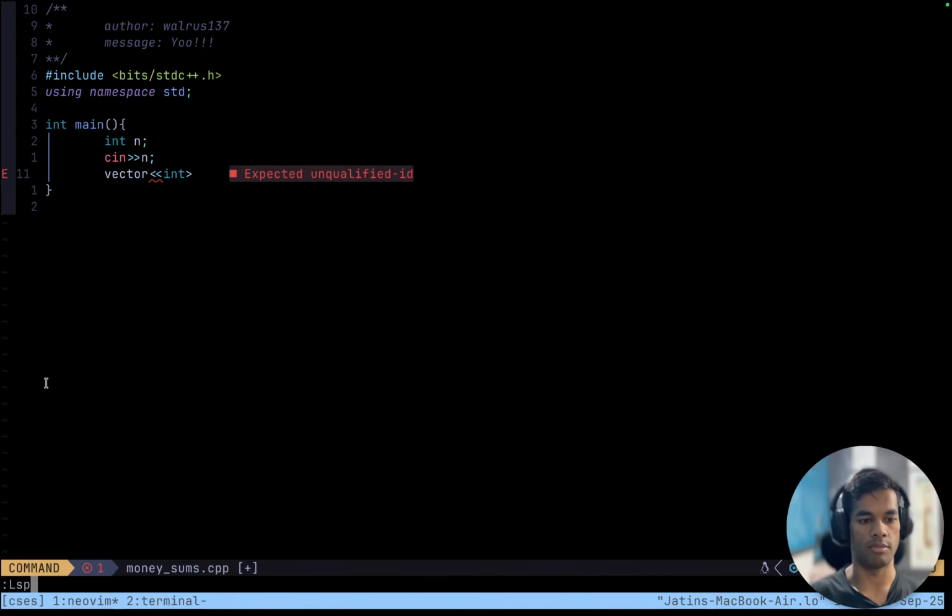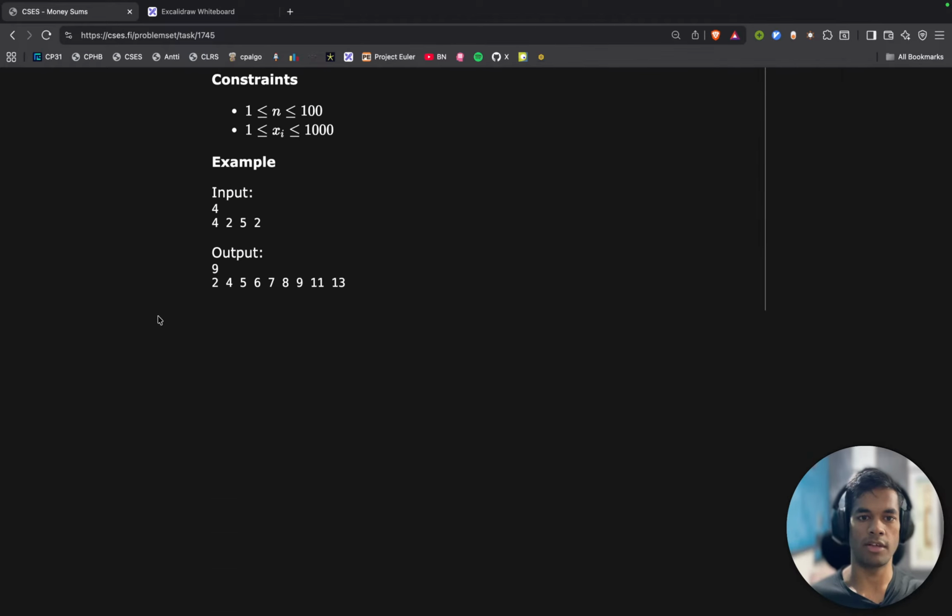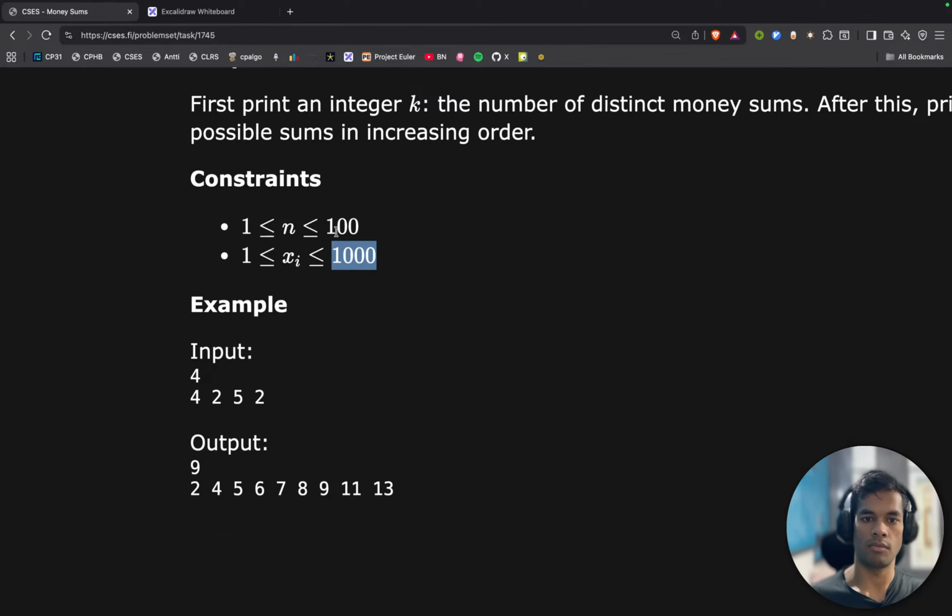Let me turn off my LSP. LSP, stop. Vector int a, size n. Or let's call this c. A for loop, for int reference x in c, cin x. Now the maximum sum that I could have is when I have all the coins equal to 1,000. That would be, yeah,